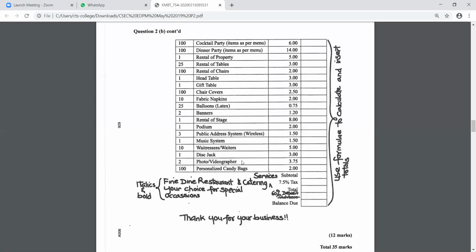We are going to work out now balance due. How do I work out balance due? You minus deposit from subtotal? No. Watch again. What exactly should I do for balance due? How would I get that final answer? The balance due is what formula? First of all, balance due. What am I doing? Add, subtract, multiply.